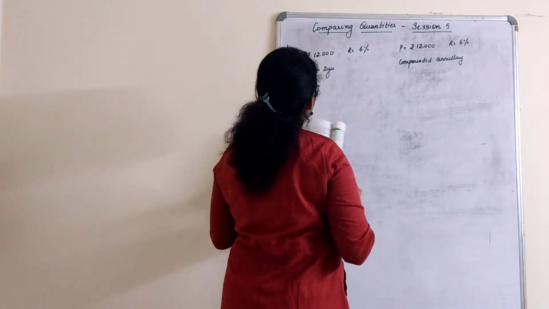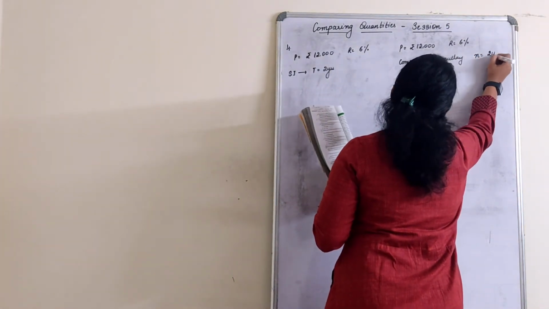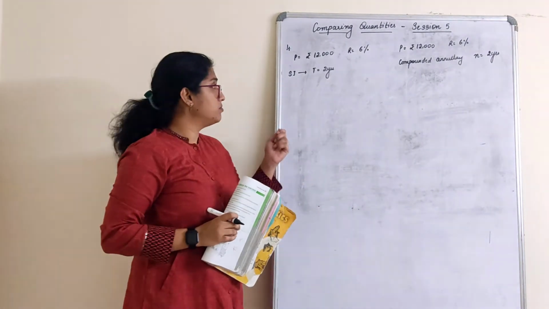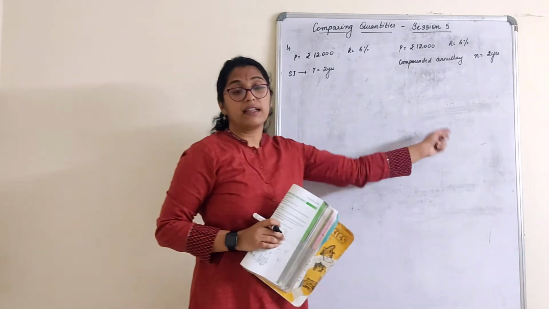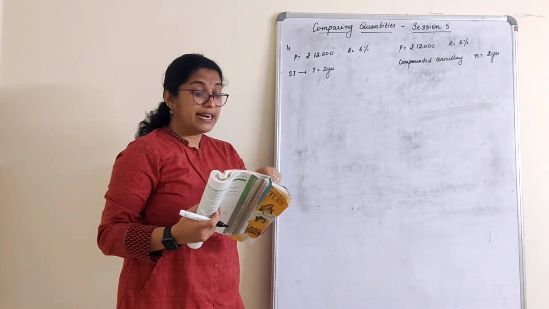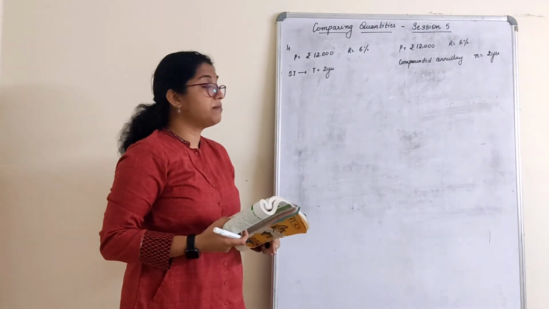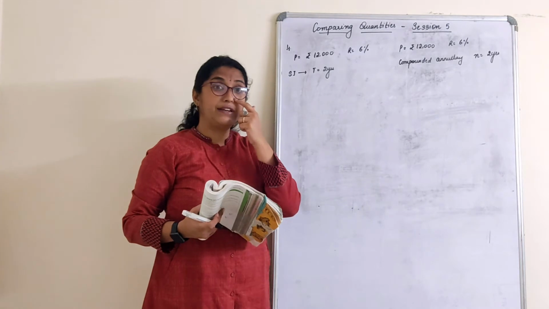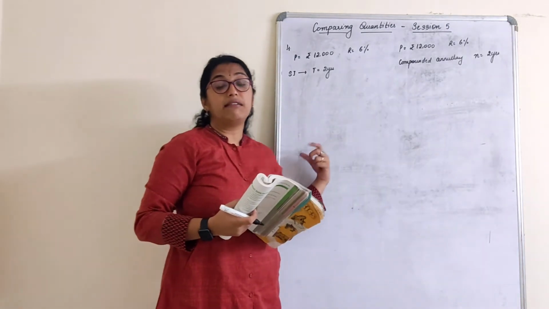What extra amount would I have had to pay with the same time limit, 2 years? What is this question about? I need to find for the same amount with the same time and same rate of interest, simple interest and compound interest, see who is paying more. For 2 years, had I borrowed this sum at 6% per annum compound interest, what extra amount I have to pay? Check like the previous sum, but there the rate of interest was different. Here the rate of interest also is same. Do it. I have already written it on the board here.